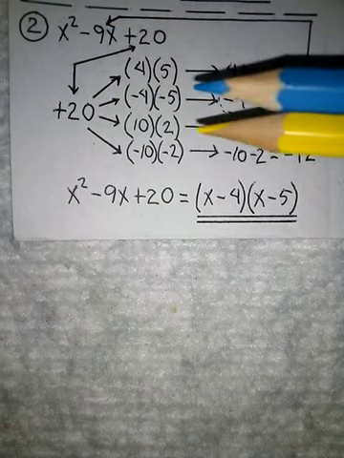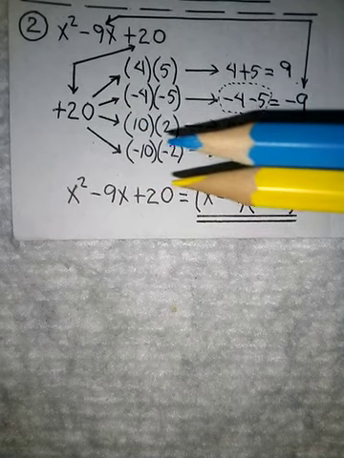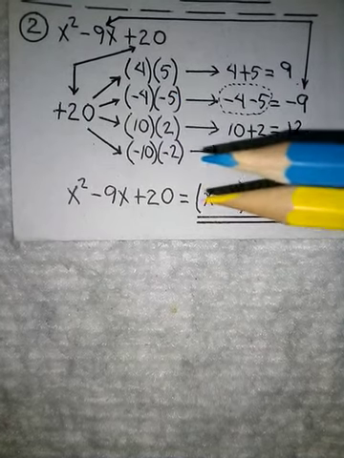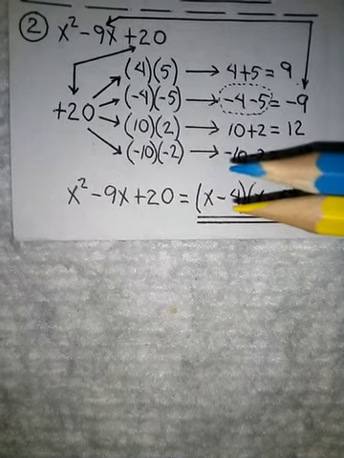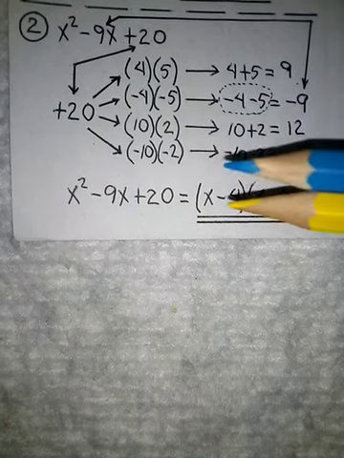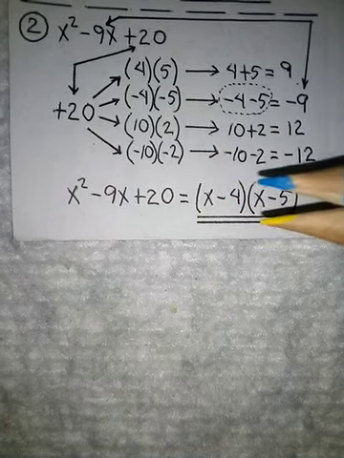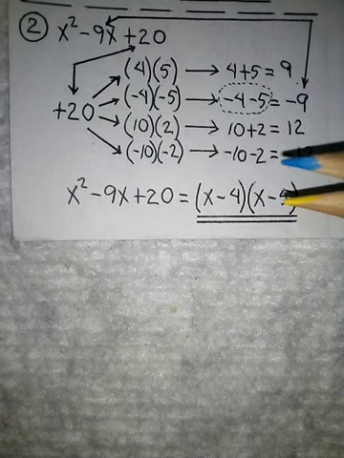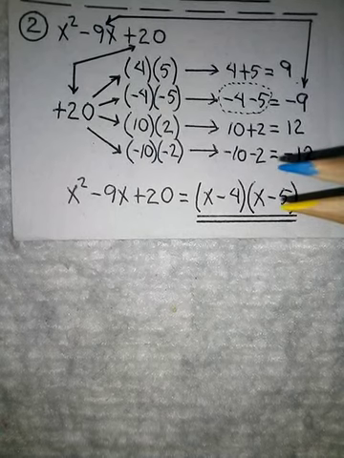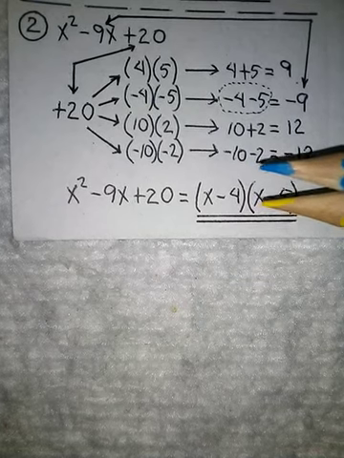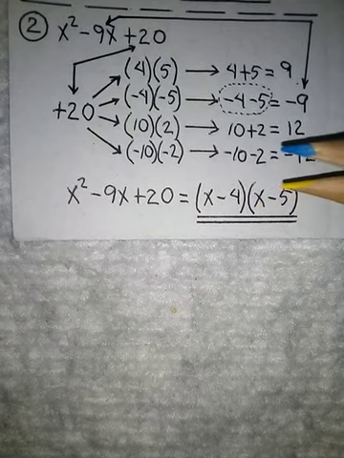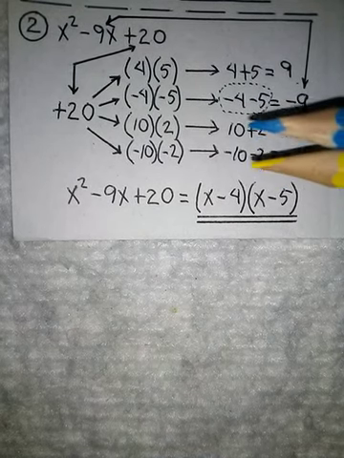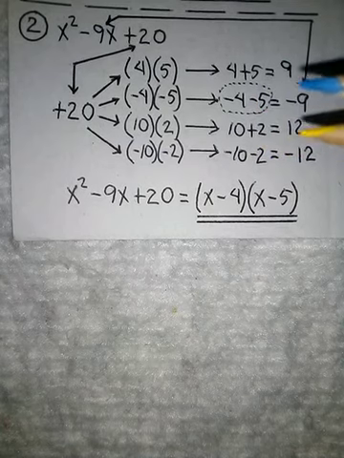So, therefore, x squared minus 9x plus 20 will be equal to, inside the parentheses, write x and then minus 4, one of the roots, and then multiplied by, open parentheses, x, and then minus 5, close parentheses. So, therefore, the factors of x squared minus 9x plus 20 is equal to quantity x minus 4 and quantity x minus 5. Okay, that is using trial and error. Now, using completing the square,